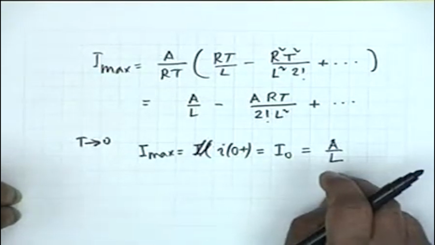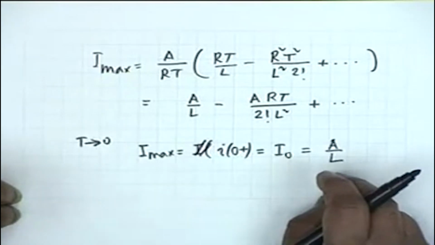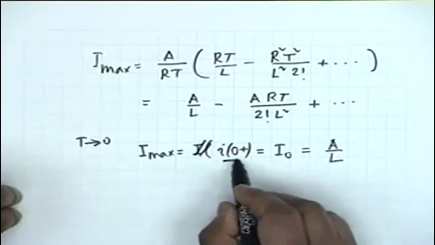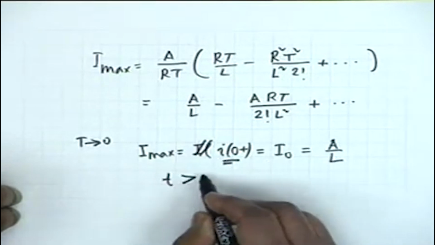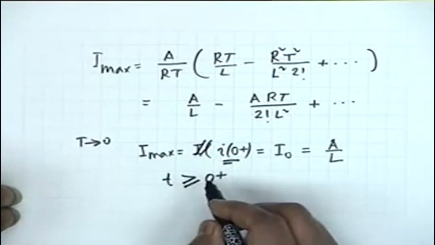Here we obtain this as a limiting case of pulse response, and therefore I of 0 plus is A by L,